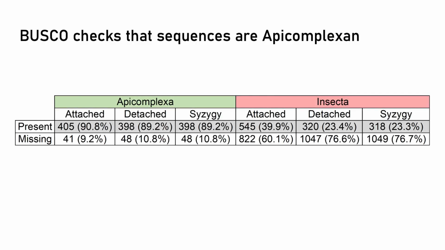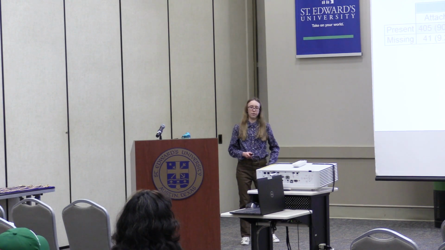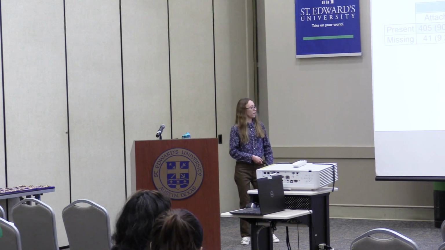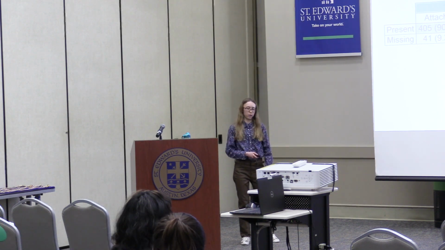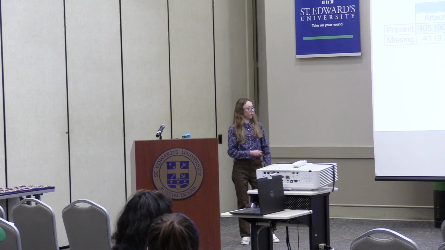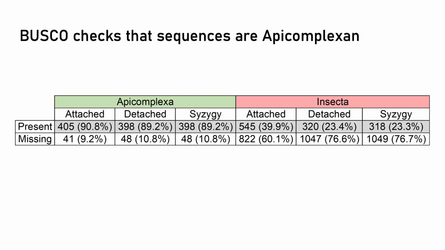And so we got this done, and we got sequences back. There are some different quality control steps we want to do to make sure everything looks okay and is good to use. What I did is I used this program called BUSCO, and BUSCO has sets of conserved genes for different lineages. We wanted to look at apicomplexans, since the parasite is an apicomplexan parasite, and we would expect to see that most of these conserved genes should show up.